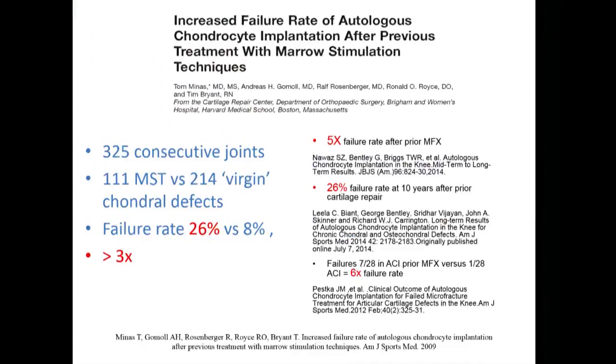This was a sense that Lars and I had a long time ago, and was that every time we would find one of these ACIs that failed, and when we would do failed marrow stimulation techniques, when you scrape down all that abnormal tissue, you see these large intralesional osteophytes, you see the stiff subchondral bone, and it was our hypothesis that these patients probably don't do as well, these chronically injured knees. And so we reviewed 325 consecutive joints